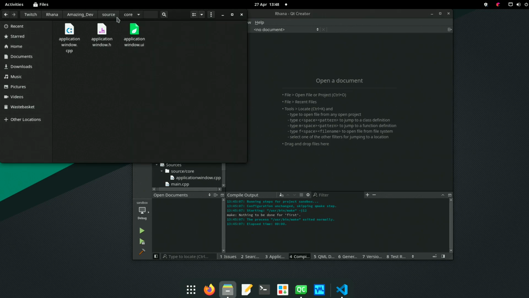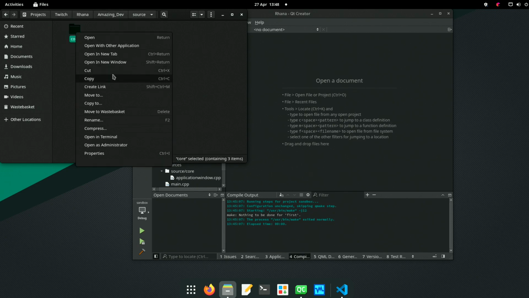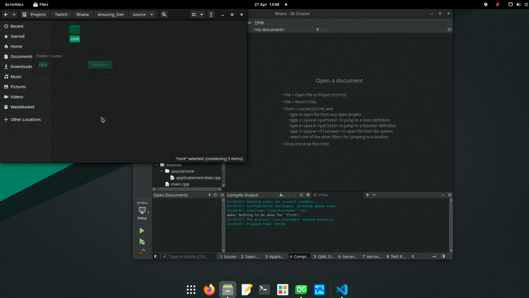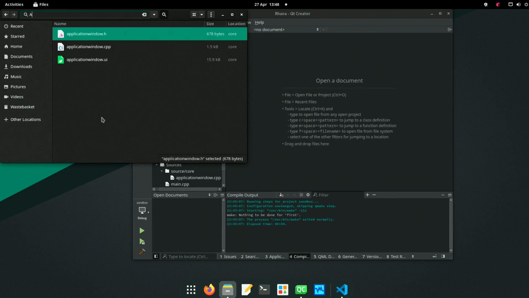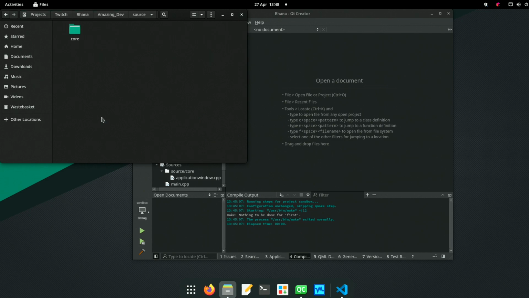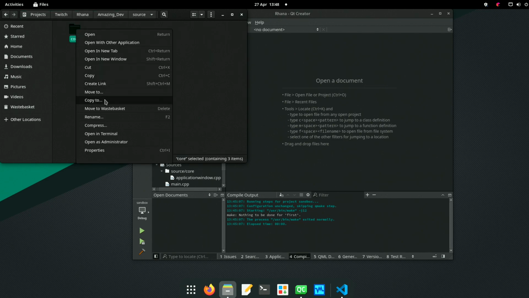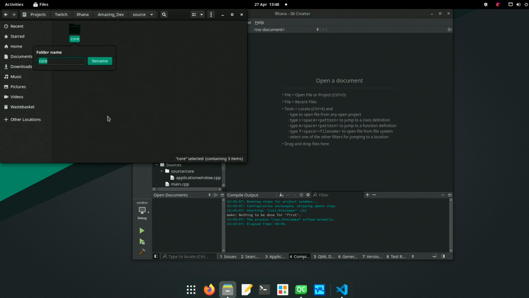It's easy to do on disk though. So instead of calling it core, so it is the same as core in the Midnight library, what we could do is rename this and put it as app core. So we don't have a conflict.